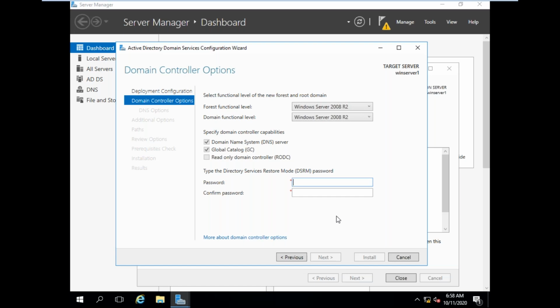Now give the password. Directory Services Restore Mode is like safe mode. You can select this option and troubleshoot your domain controller. In an interview they will ask the question, what is DSRM? Directory Services Restore Mode. What is the use of DSRM? Troubleshooting the Active Directory domain controller. Click next.